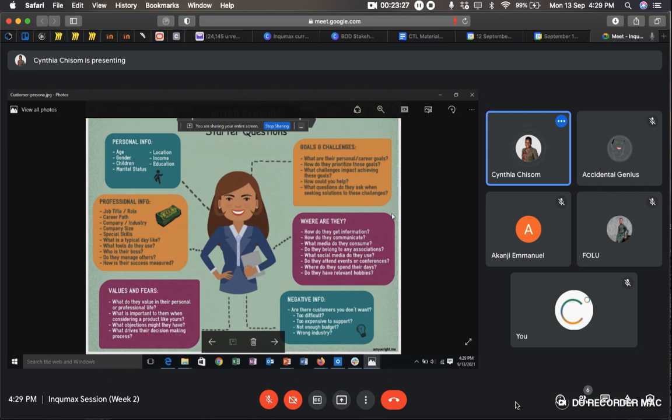You also want to understand what is important to them. The most important thing is that you want to understand what's important to them. What are their fears? What are their troubles? What is driving their decision making process? You need to have a list of questions penned down. But the most important thing is your mindset.